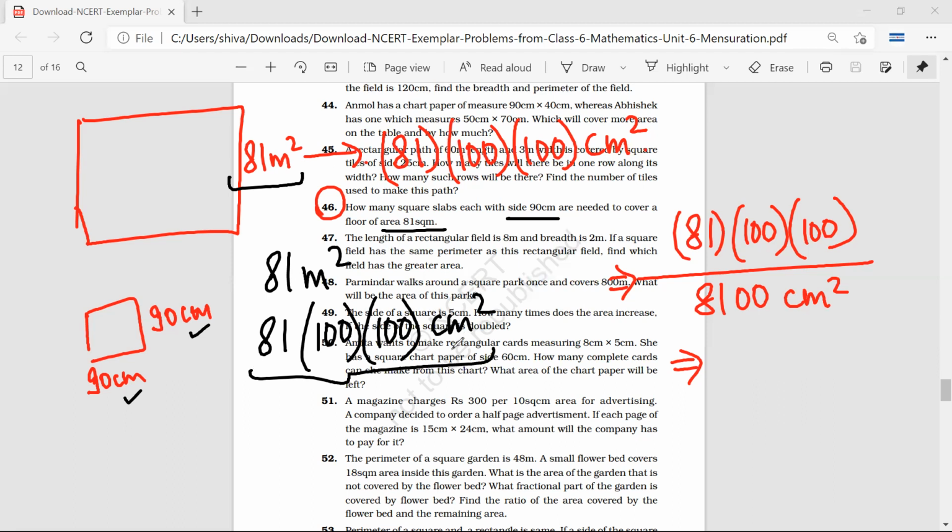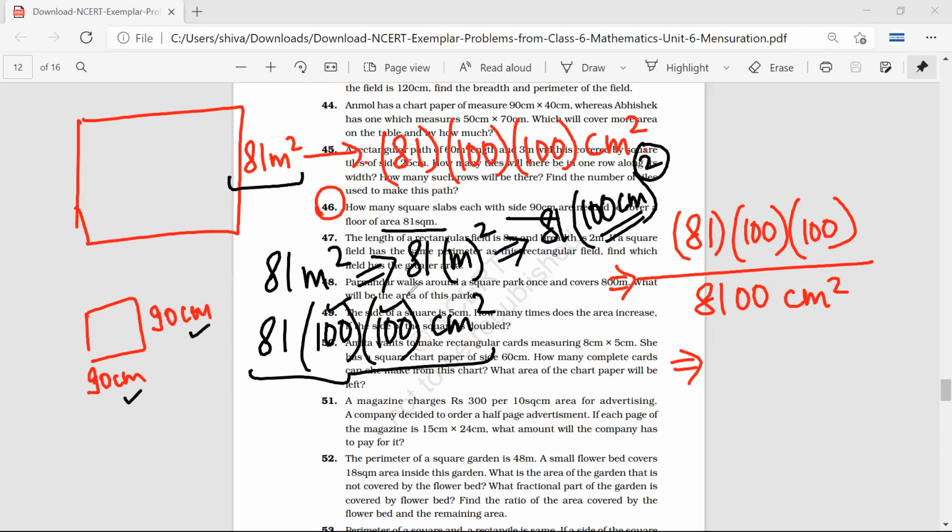So I didn't understand. It should only be into 100, right? Yeah. So 81 meter square, there is a meter square here. Can you see that? Yes, sir. So 1 meter is 100 centimeter. So there is a 100 centimeter square here. Can you see that? Yes, sir. And that 100 centimeter square is 100 into 100. Is there a problem still?